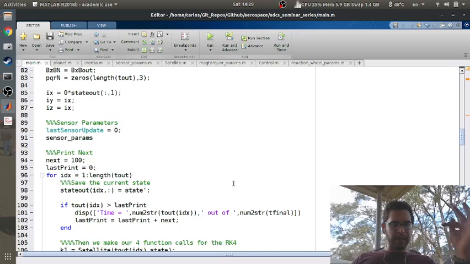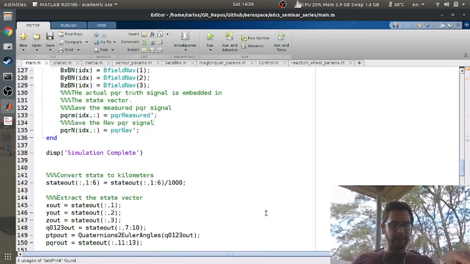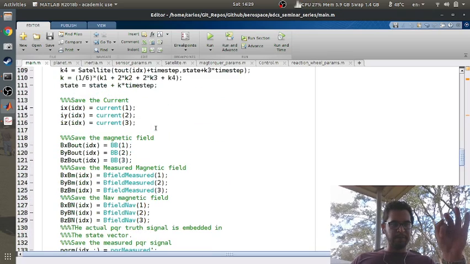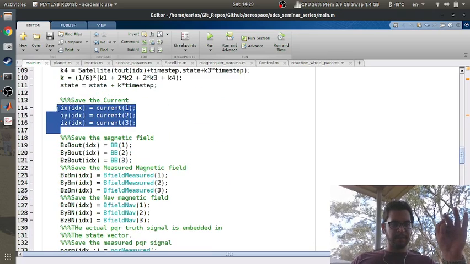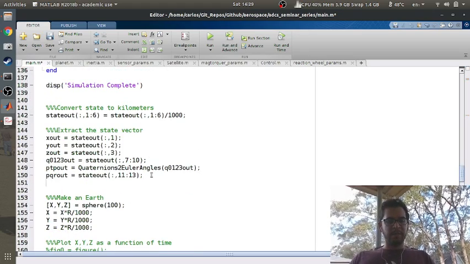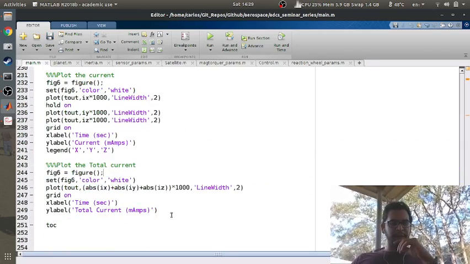I think that will be fine. This should compute all okay. I don't need to save the signal. Yeah, see, the current's not a state. That's why I had to save that. But the omega 1, 2, 3, these are the reaction wheel values. That should be 14, 15, and 16. And so I should just be able to